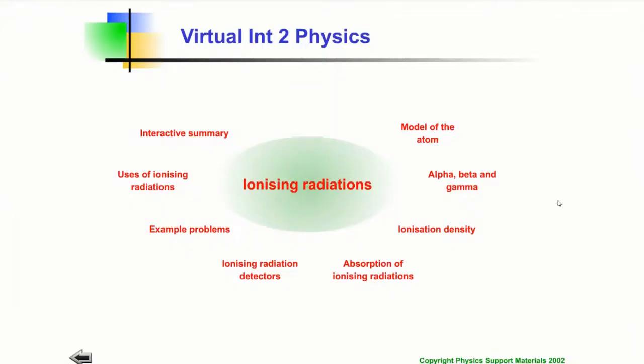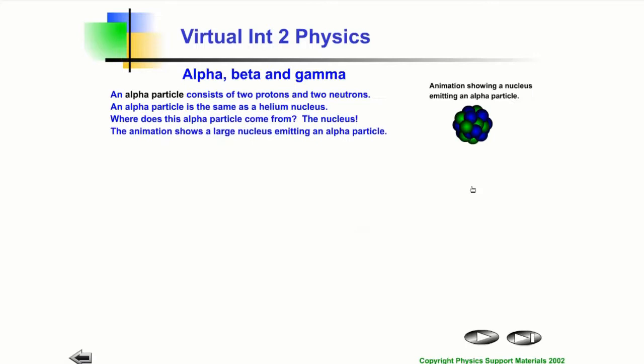Let's get going and introduce you to an alpha particle. What we've got here is the nucleus of an atom. If you notice, the electrons are missing, so we only have the nucleus. That's why it's called nuclear radiation, because the radiation originates from the nucleus. And the electrons don't have any part to play in this process. If we click again, I think